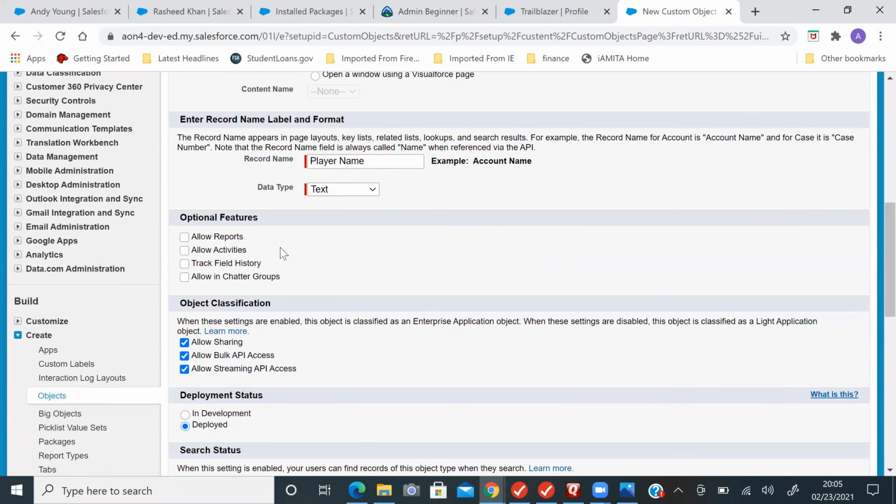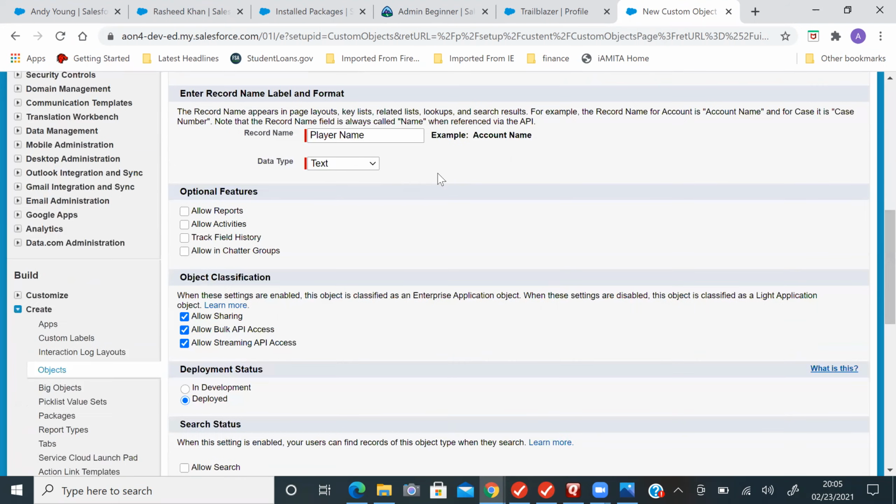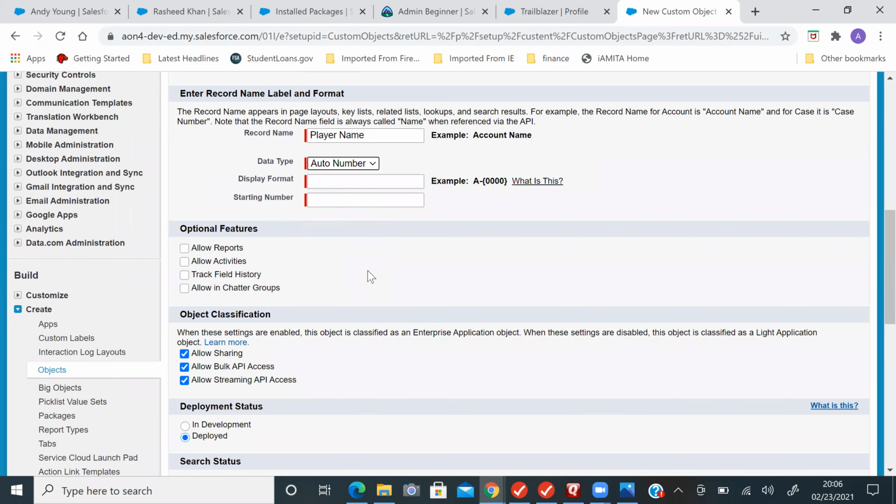Click on the Data Type drop-down. Here, our player name will be text, so that is why we are taking text. If there is something related to numbers, we need to click on Auto Number, and keep the starting number and display format.